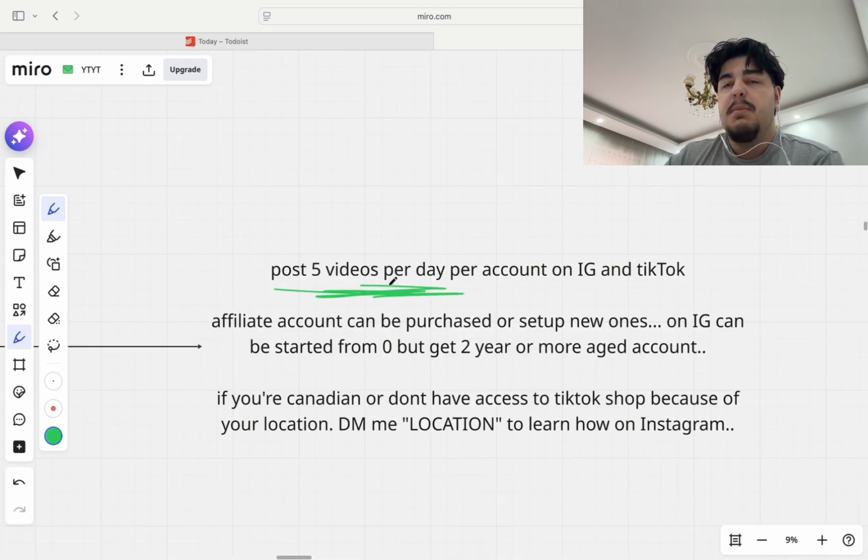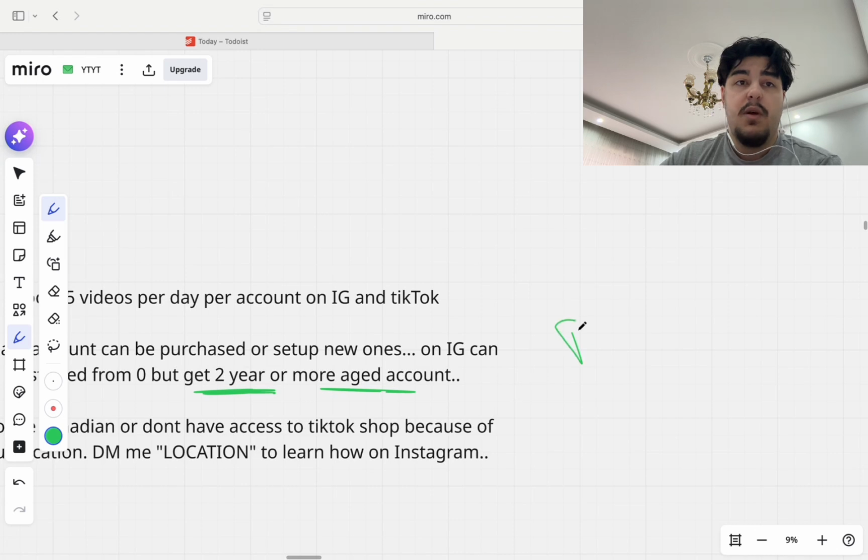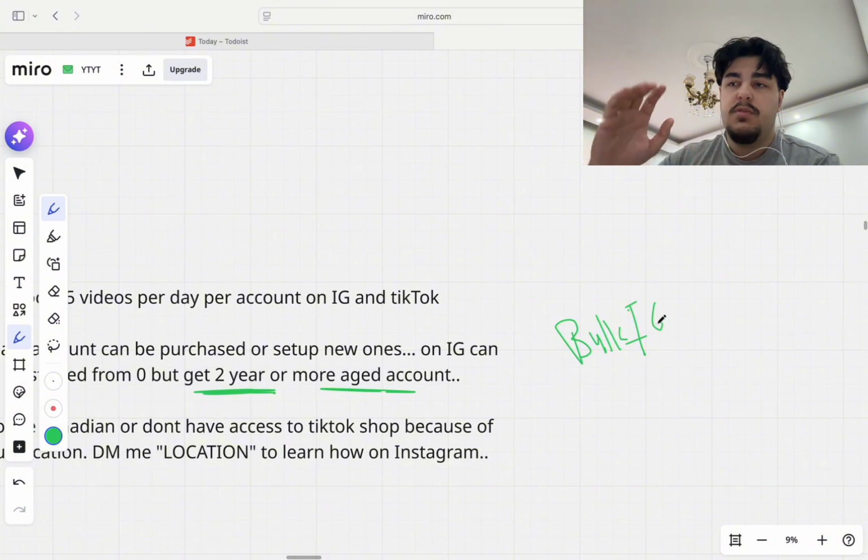And you want to basically be posting 5 videos per account per day on IG, TikTok, and Facebook. You could also purchase affiliate accounts via TikTok, and on IG you could also start from zero, but I would recommend you to get at least an account that is a few years old. And the way you can do that is by basically searching up this website called bulkigaccounts.com, and they basically just give you the best offers from 2 years, 5 years, 10 years accounts,